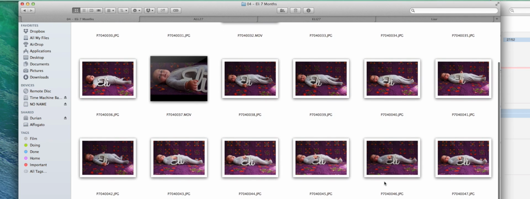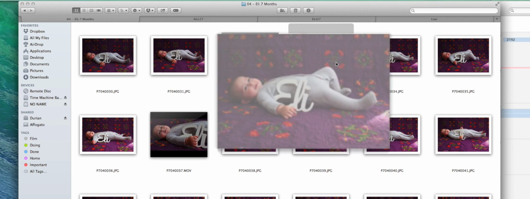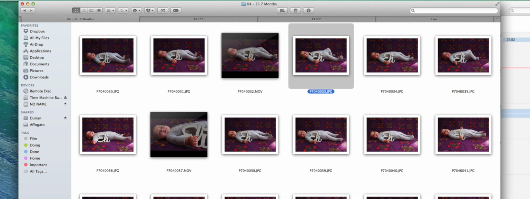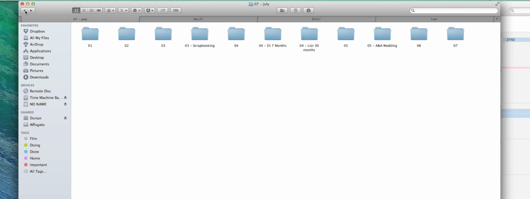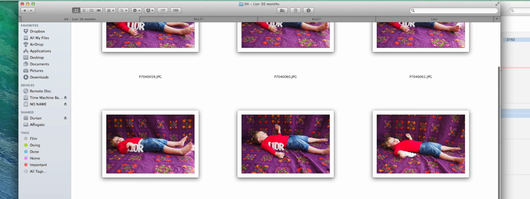So I'm just going to choose one photo. I will do all of Eli's at the same time, so I'm just wanting to choose one photo for the family album to make sure that I record Eli's things in the family album. And a photo for Leor